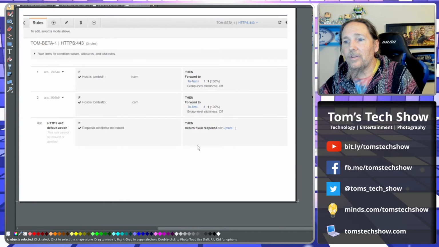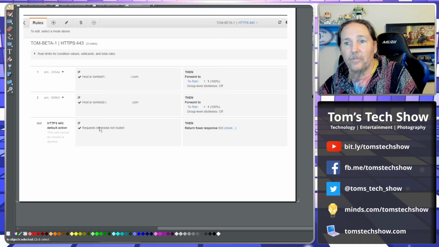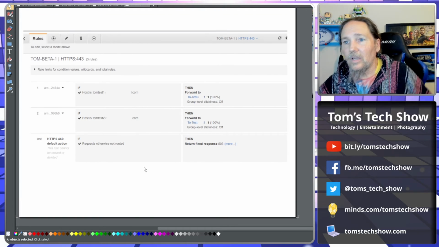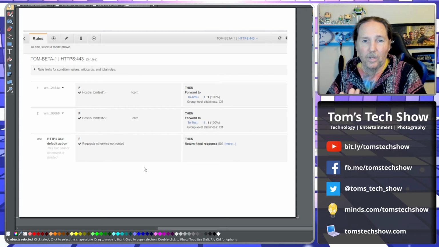So now we come down here, we can see that the first rule, if tomtest1, then forward to test servers 1. If tomtest2, forward to test servers, this should be 2, but I just had 1 in there, but it will forward to the next set of servers. And there could be more rules. There could be 3, 4, 5, 6. I think you can have quite a few rules in there. And then the default is to send the 503 at the end. So that way, as you're using one load balancer, traffic is coming in and you can forward it to the